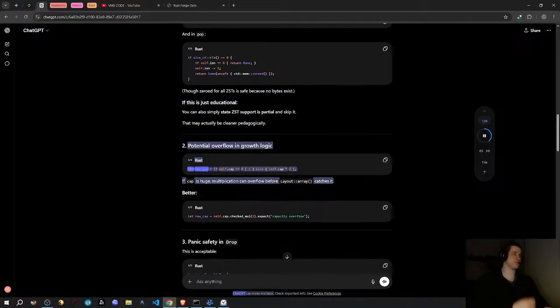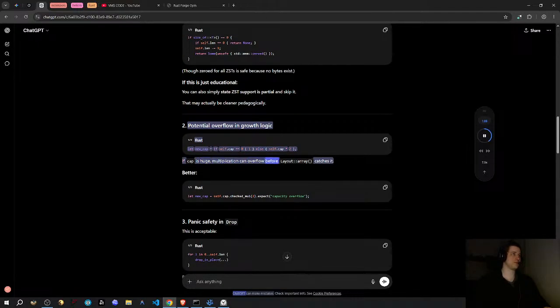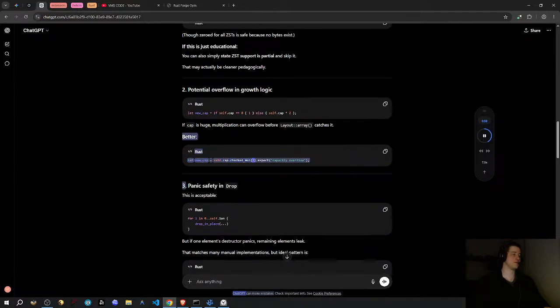Two, potential overflow in growth logic. Rust: let new_cap = if self.cap == 0 { 1 } else { self.cap * 2 }; if cap is huge, multiplication can overflow before Layout::array catches it. Better: let new_cap = self.cap.checked_mul(2).expect("capacity overflow");